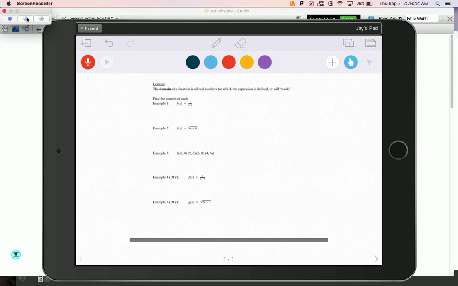All right, these next 5 examples are talking about domain, and domain would be all the x's or inputs that work for a problem. So you just want to look at them. Sometimes it might be easiest to graph these things. Sometimes you just might be able to look at it and see what's going on. So in this first example,